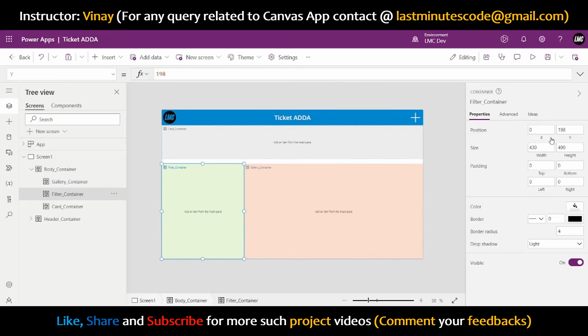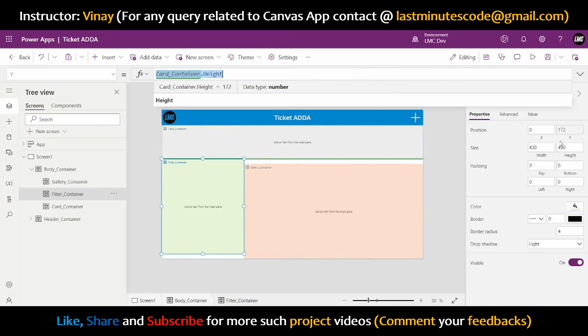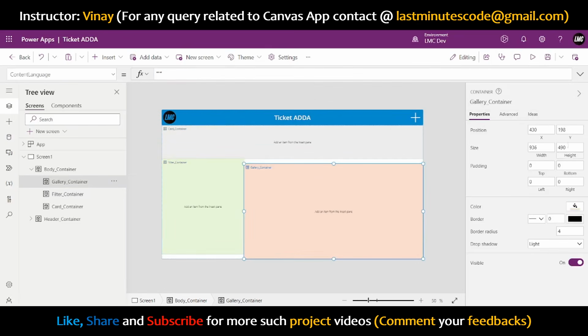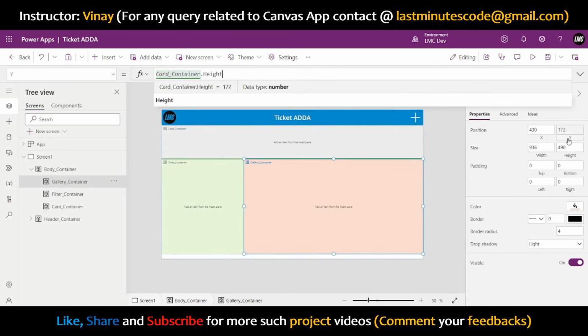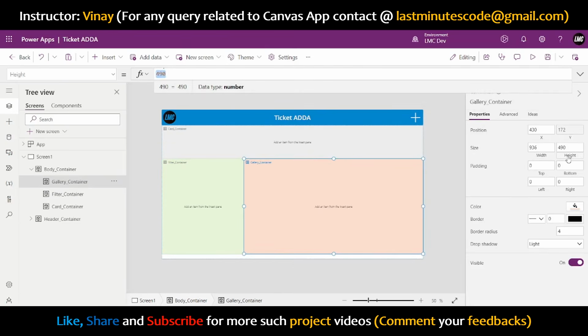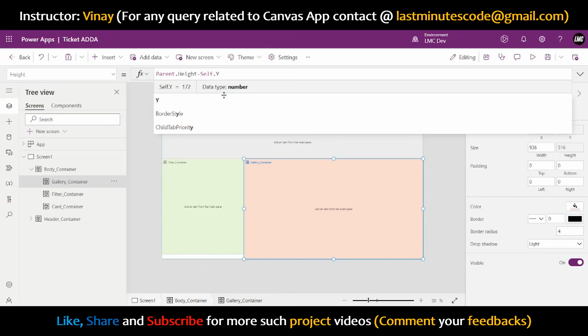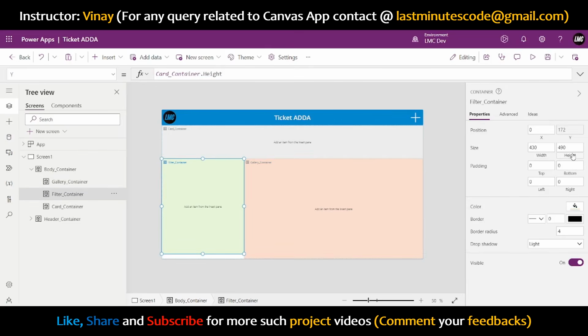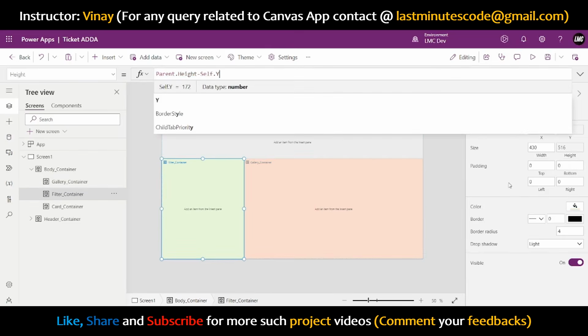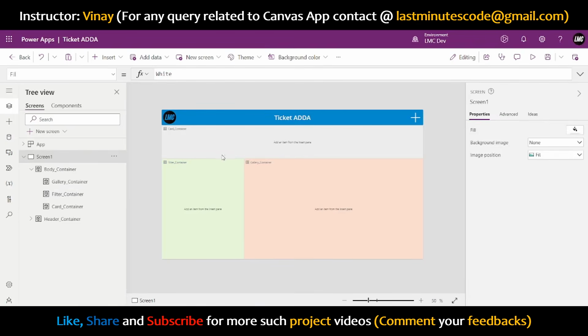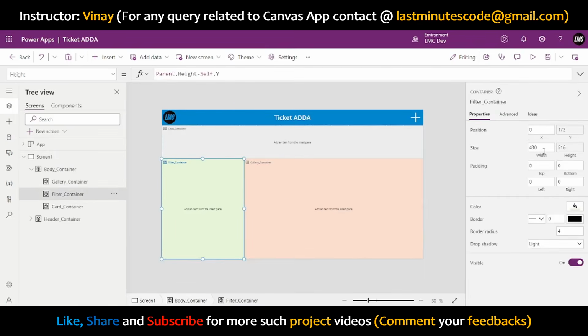So it should be the card container dot height. I'll copy this one and go up here. To define its height, I'll say parent dot height minus self dot y. So the simple way to align this dynamically is this formula. Same for this one, I'll do the same. So I have built these sections, and to make the width also dynamic,